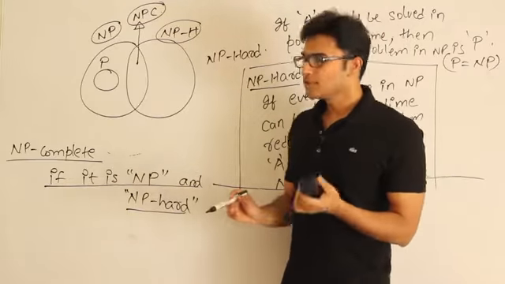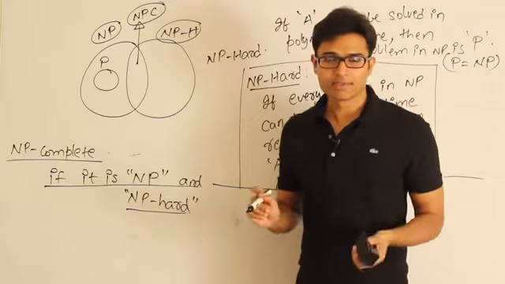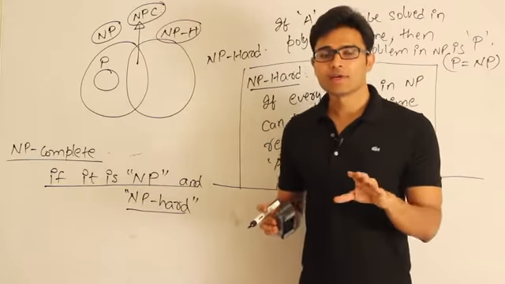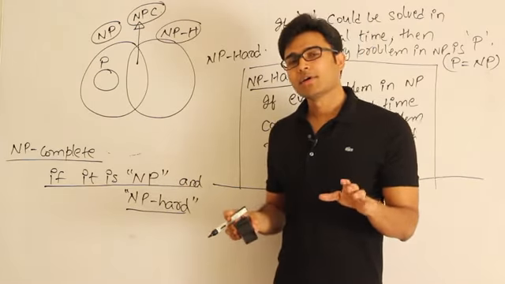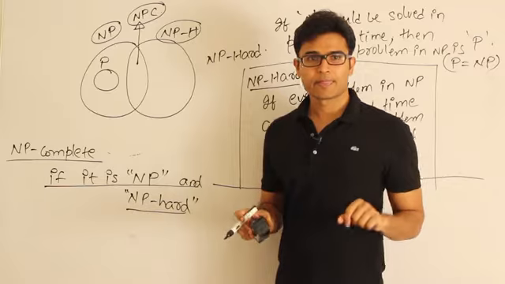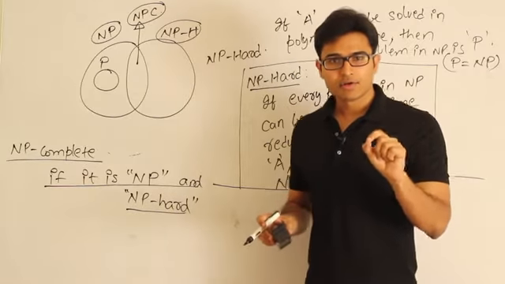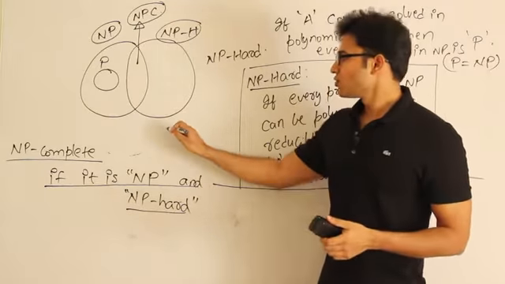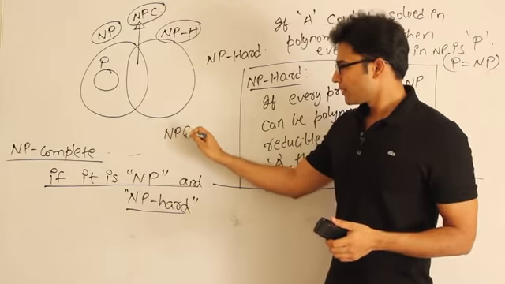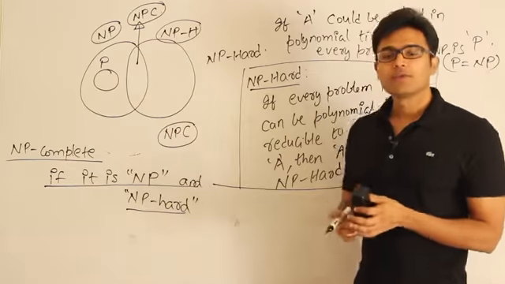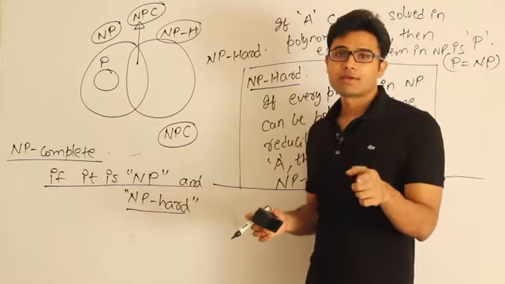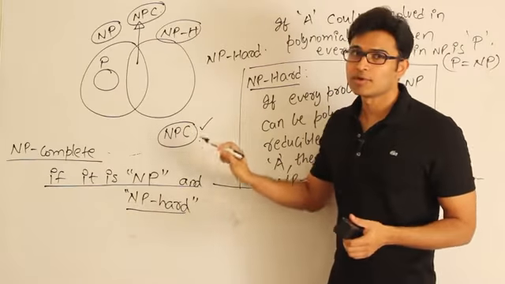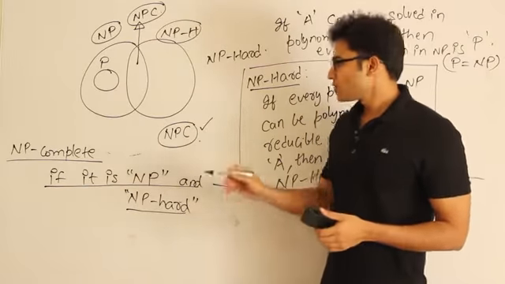Now, what is the significance of an NP complete problem? If you are a researcher or a PhD student working on the P equal to NP question, you need not worry about all the problems. Take only one problem which is known to be NP complete, and try to give a polynomial time algorithm for it. If you are able to give a polynomial time algorithm for this problem,